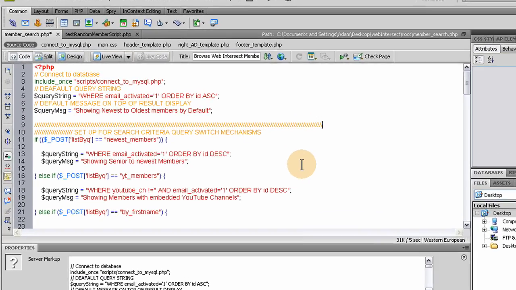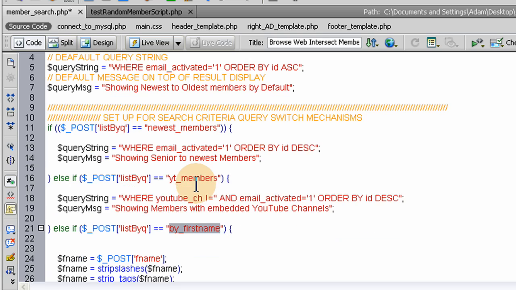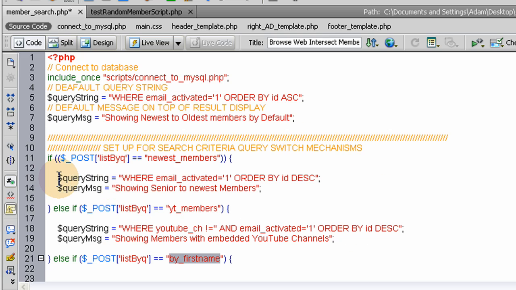Okay, now on line 11, what we do here is we're setting up for the search criteria query switch mechanisms. See, we have the default query there. So if they're searching the newest members, or members with a YouTube account, or if they're searching by first name, we have to switch up the query each time. So we change the query string to where email activated equals 1, order by ID descending this time instead of ascending. So if they browse to see newest members, we have to switch that query up, and that's what that does. And this should say newest to oldest,